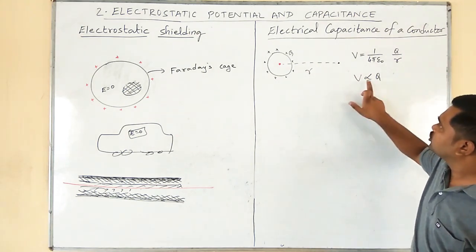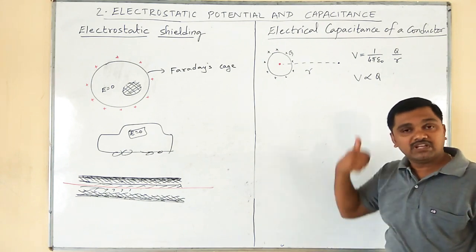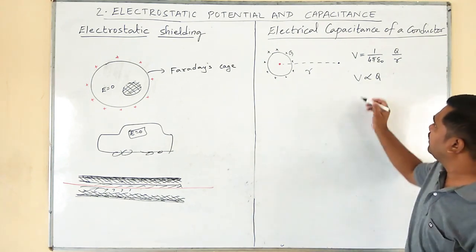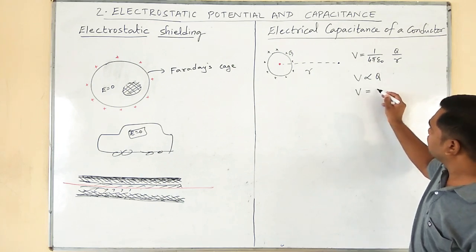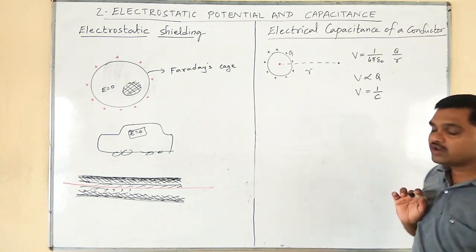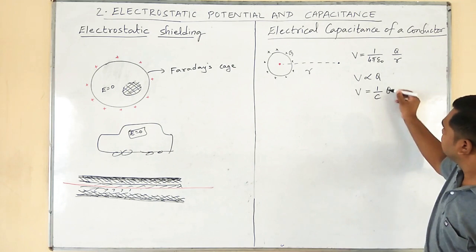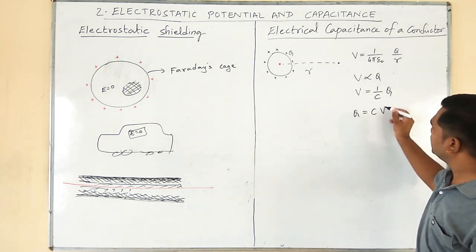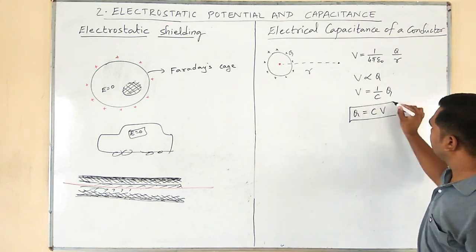Therefore, electric potential is directly proportional to the magnitude of the charge. On removal of this symbol, we can put a constant 1 upon C times Q. Otherwise, Q equals CV, where